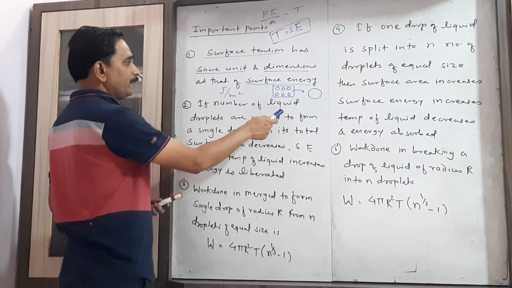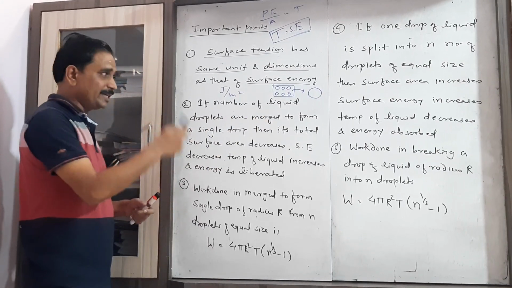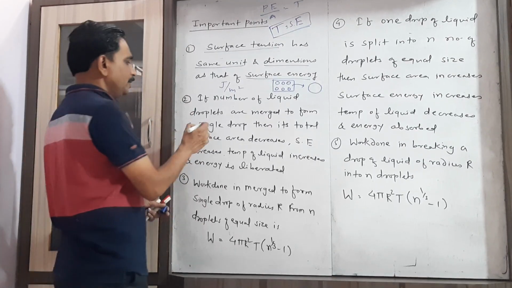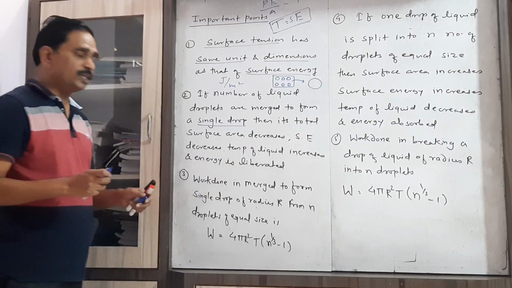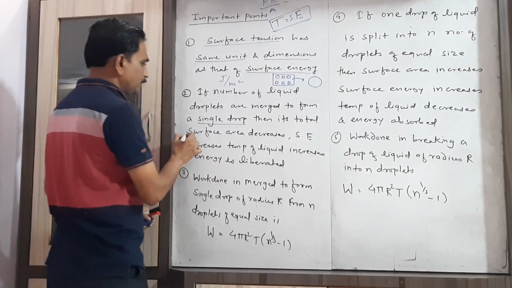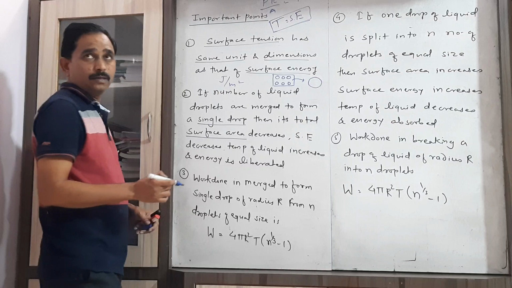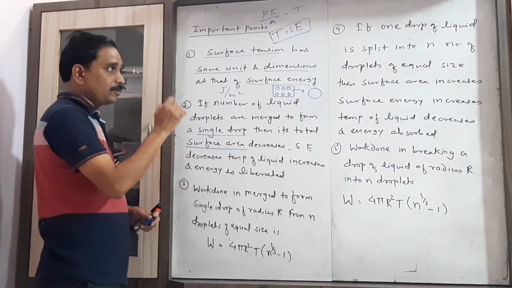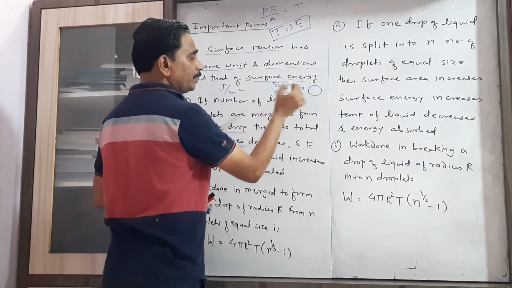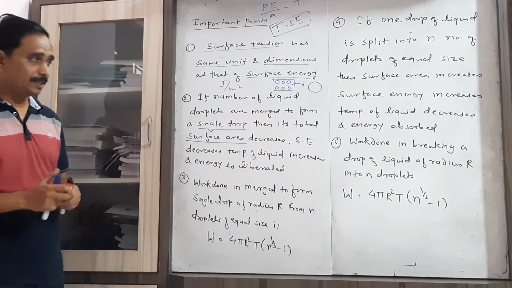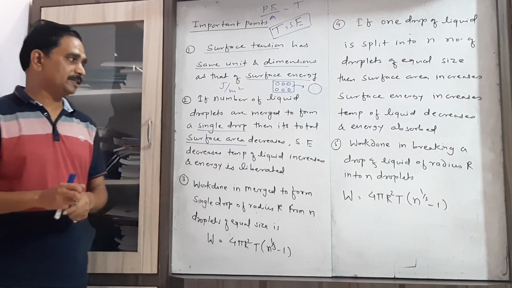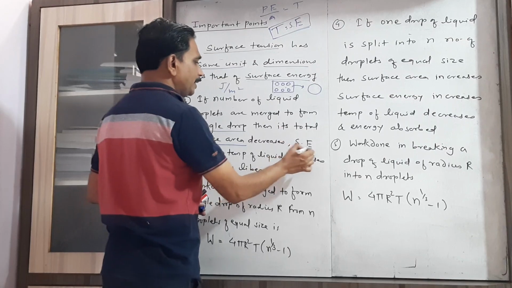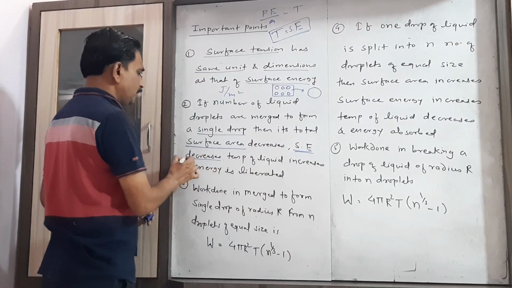So these 2 points are very important related to our objective question as well as the problem. Now if a number of liquid droplets having the same size are merged or combined together to form a single drop, then which are the things that get changed? The first one, surface area. Here when a number of small drops are combined to form the big drop, the first thing that gets changed is the surface area, that decreases. As surface area decreases, therefore surface energy decreases.